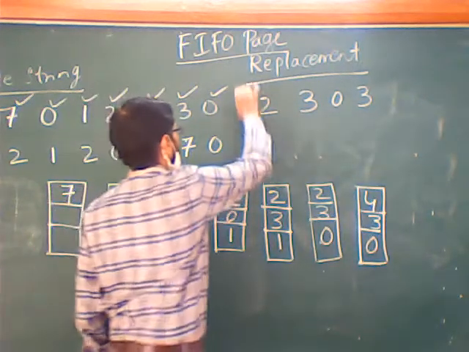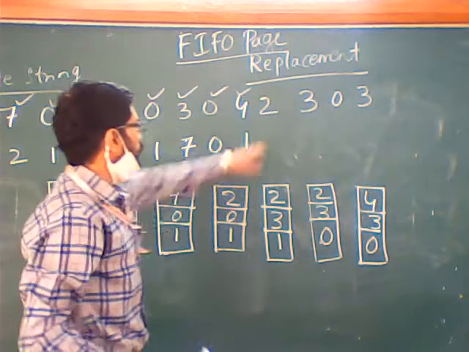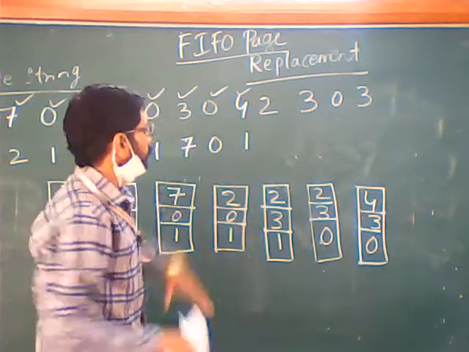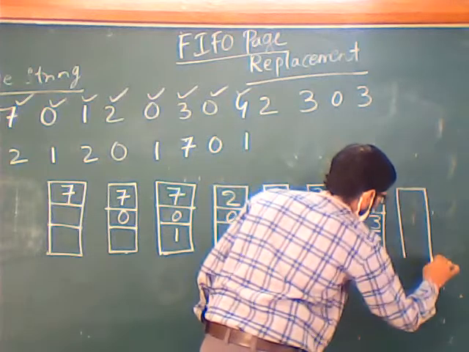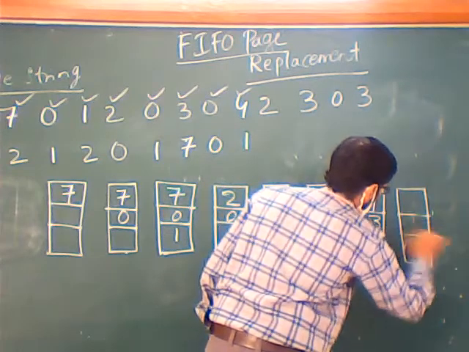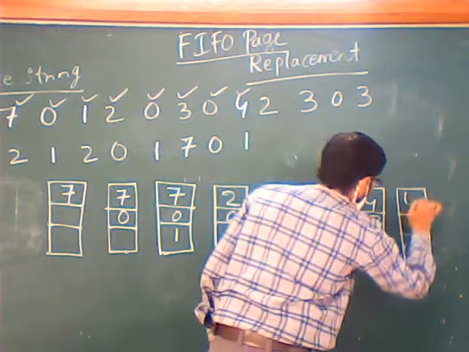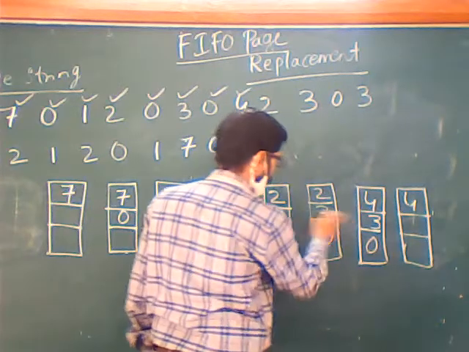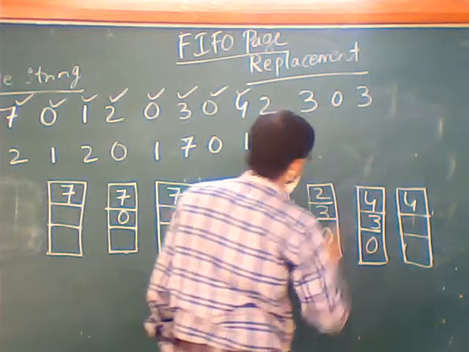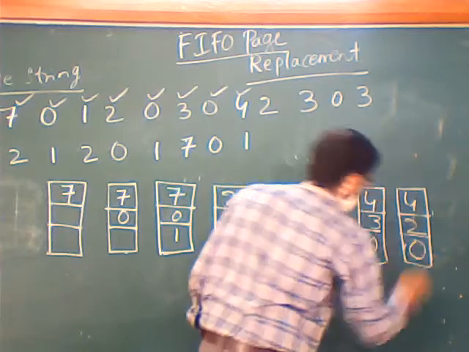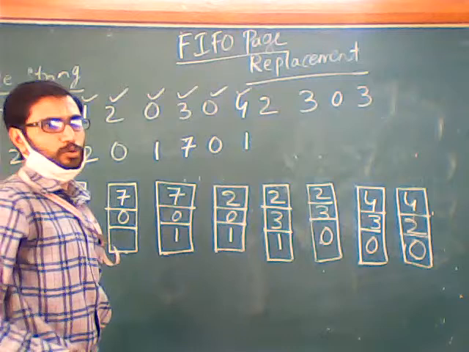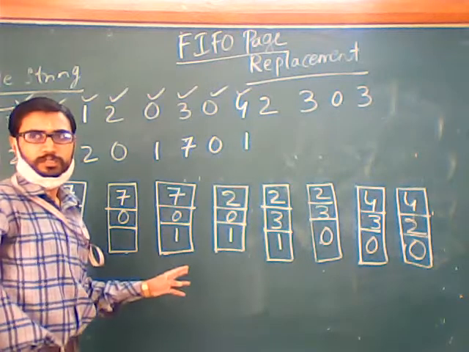Okay, so we are done with this. Next, check for 2. Is 2 available? No. So again you need to replace. So 4 is just now arrived, so we keep as this. Now if you compare this, 3 has repeated, so we will put 2 here and 0 will be as it is. First in, first out. Everyone following this? Sure.